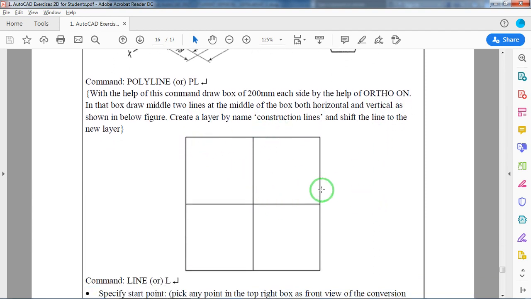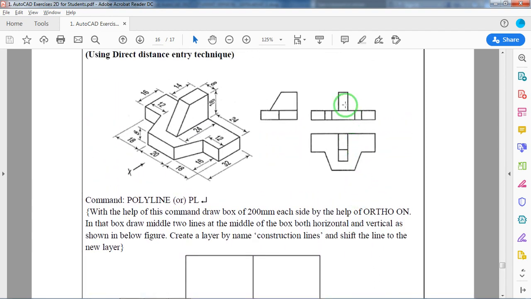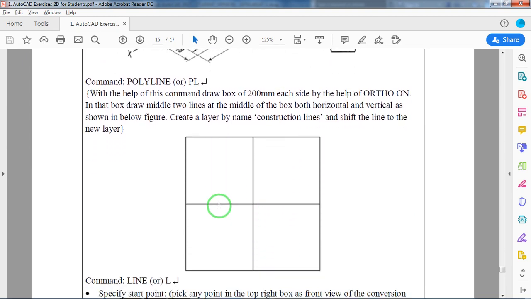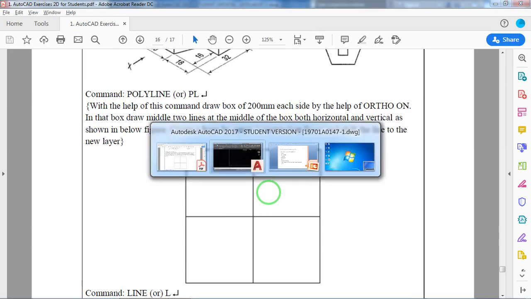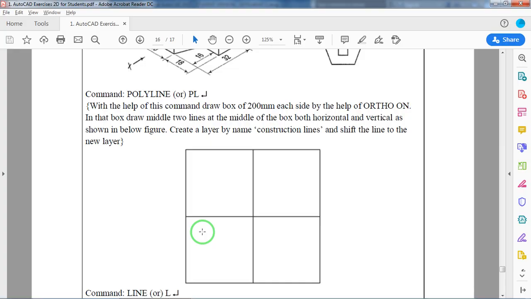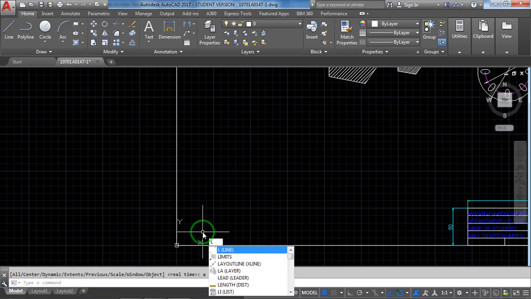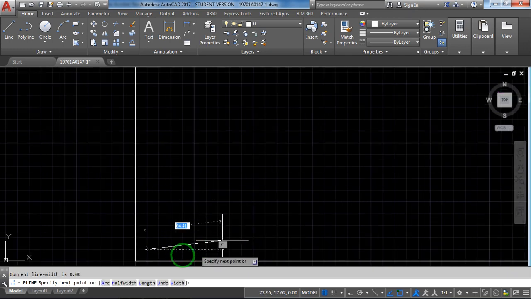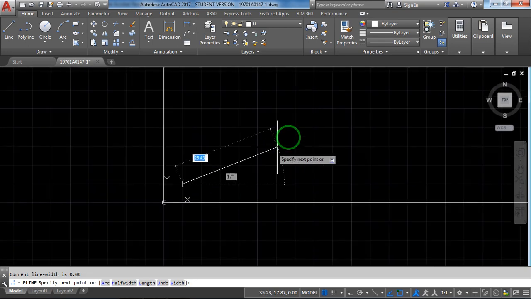See, now first we are creating this. Sir, why do you have to create this? Nothing but so that the front view is drawn here, the top view right here, and the right side view, just to have clear visibility. As usual I'm starting the command, polyline, or PL shortcut. PL, enter. It will ask to specify the first point. From here we have to move some particular distance. I use the absolute method, 10 comma 10. See, you are now at 10 comma 10.